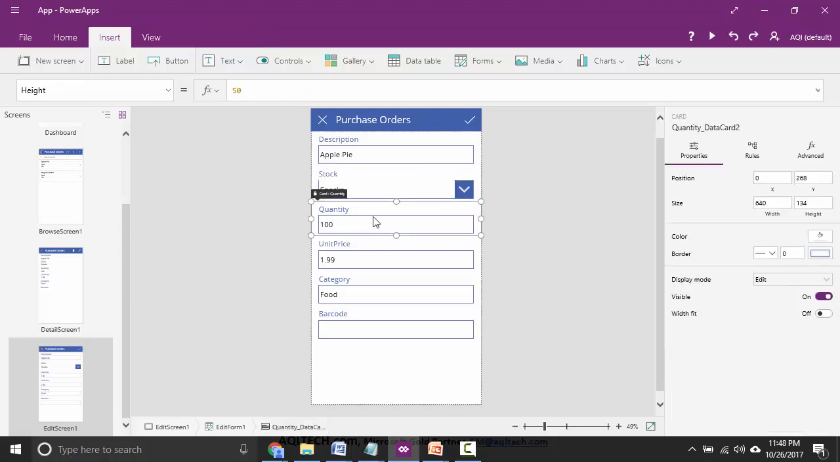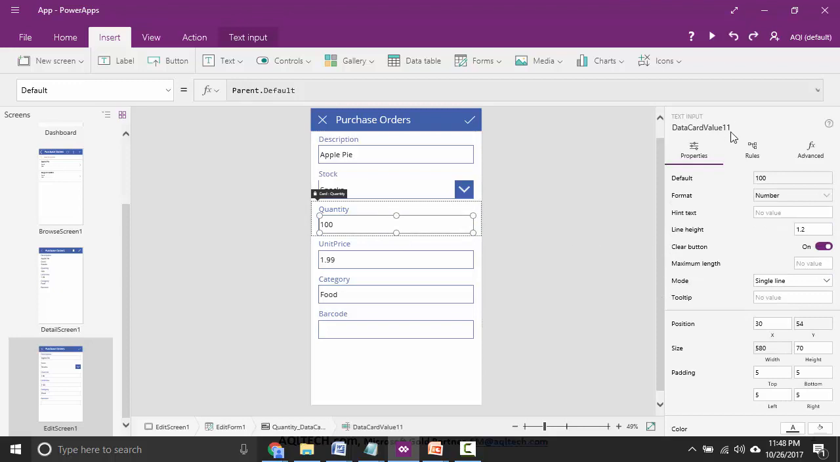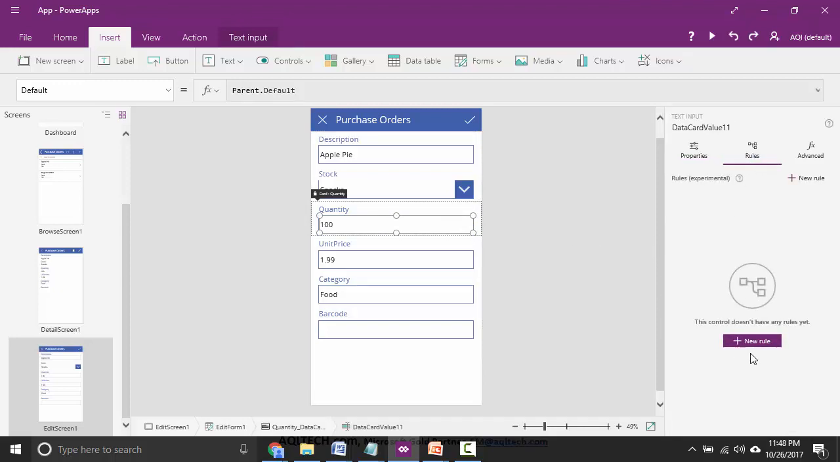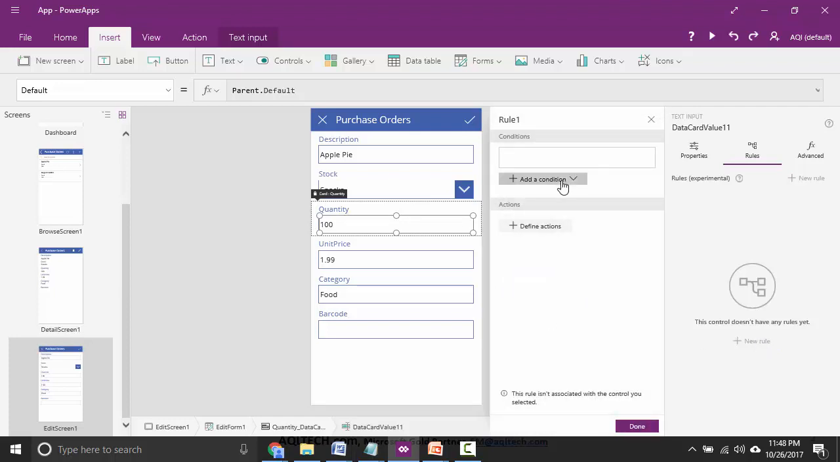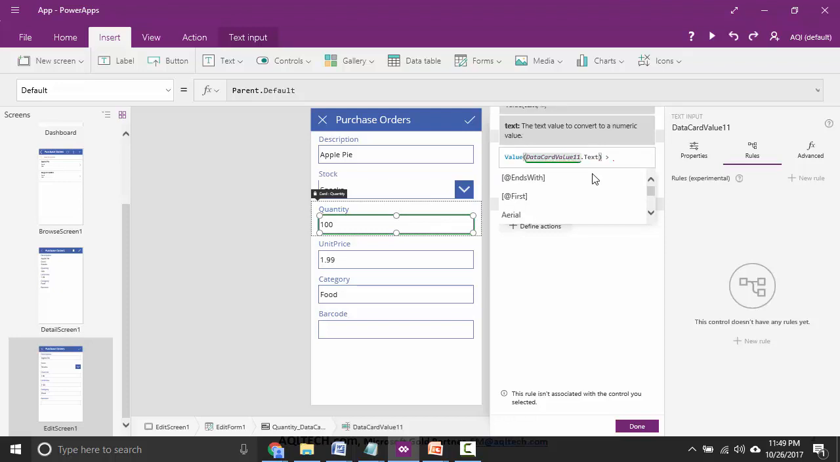Now I'm going to go ahead and write down a rule on quantity. Click on rules, click on new rule, and add a condition, which is greater than. So it says data card value 11, and I'm going to go ahead and choose the text property and make sure that this is converted over to a numeric value right there, and is greater than 100. And